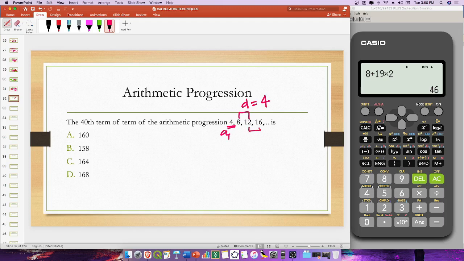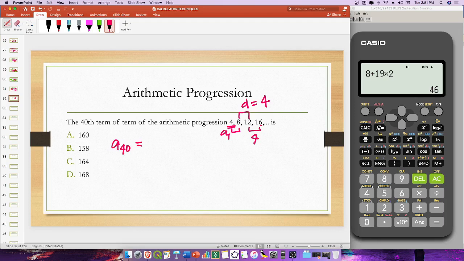Before you check if this is really an arithmetic progression, you have to look for the numbers if they have a common difference. For example, 8 and 12, the common difference is 4. 16 and 12, the common difference is 4. So this progression or series is an arithmetic progression. Then that's it. We will be using two methods here. The first method